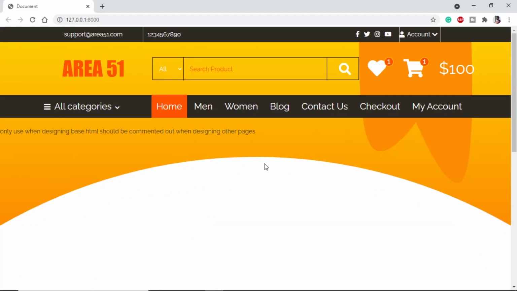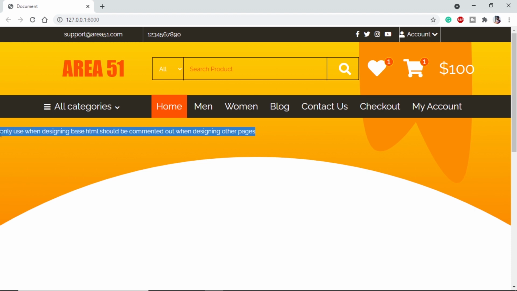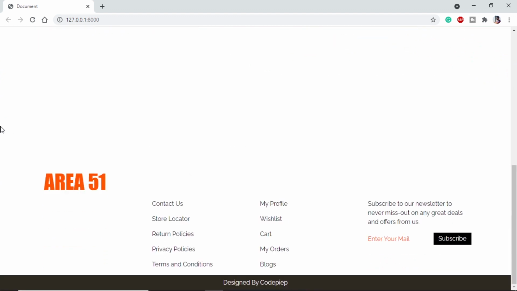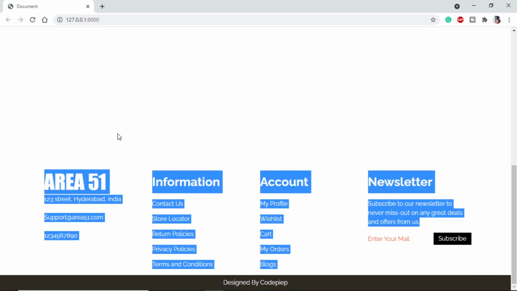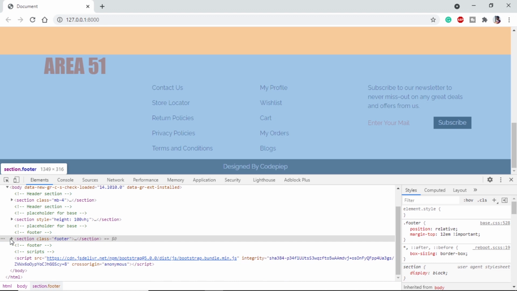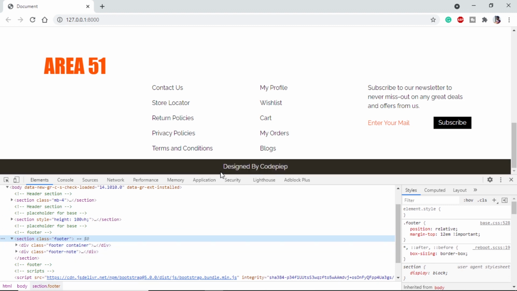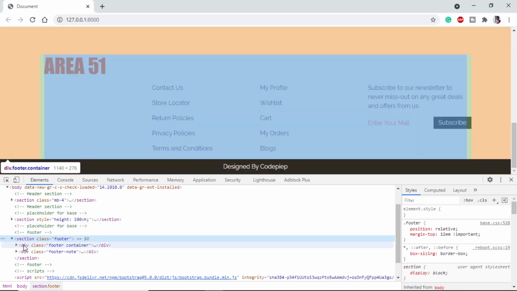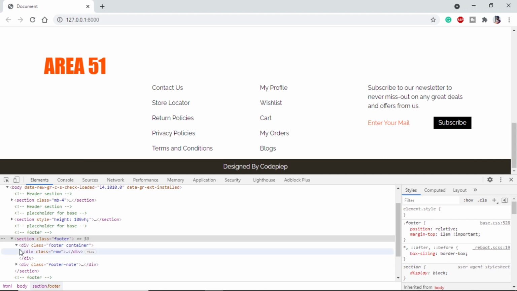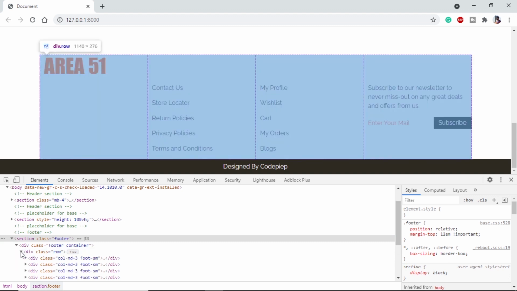On our browser, we can see that this is the section which we have used as a placeholder, and if we scroll down, here you can see this is our footer. I have used white color, so some of the things may not be visible properly, but let us inspect and see how it is done. So here is our section footer. If we expand this, we can see we have our container and we have our footer node, where we have used design by CodePipe. So if we expand our container, we can see we have a row,